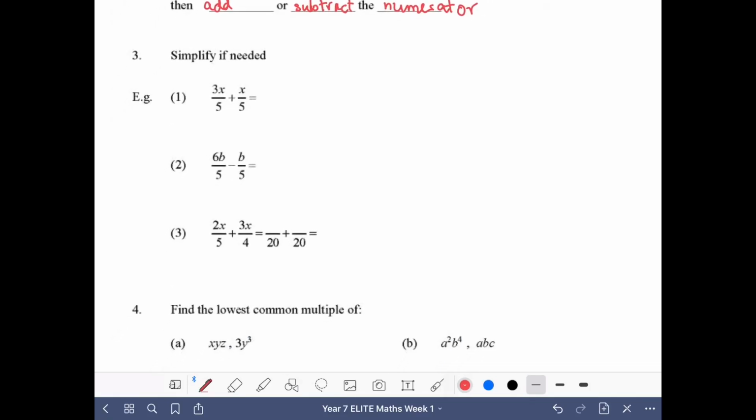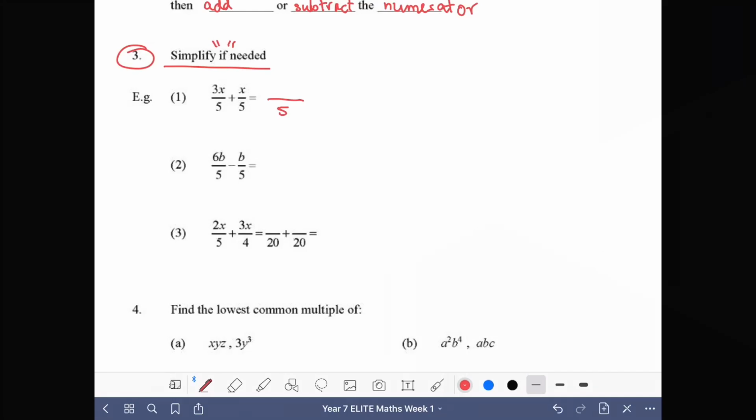If we look at the examples, and before we do that, sometimes we need to simplify if needed. Okay, if needed. Sometimes it's not always required. So our first question, I can see the denominators are the same. So